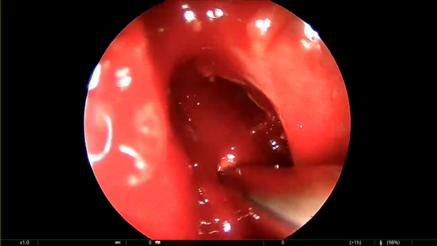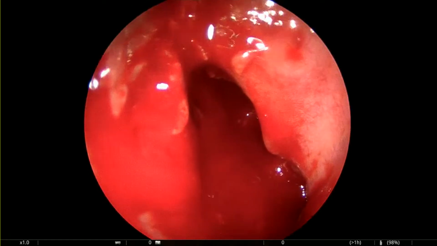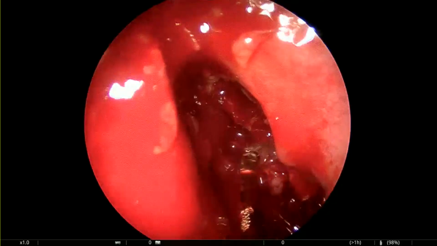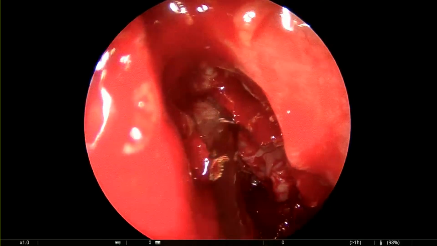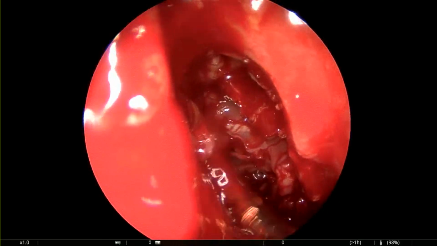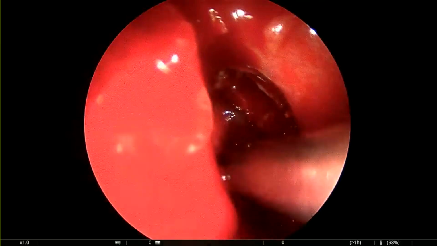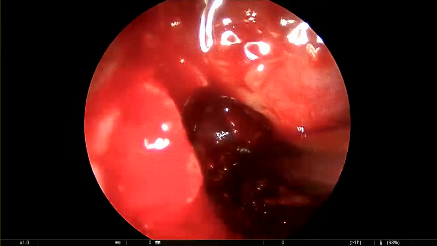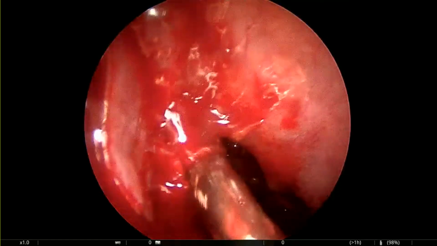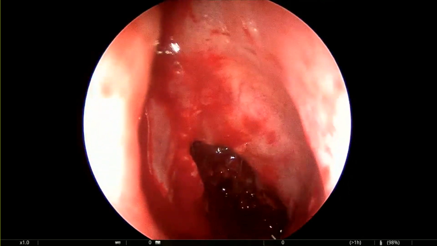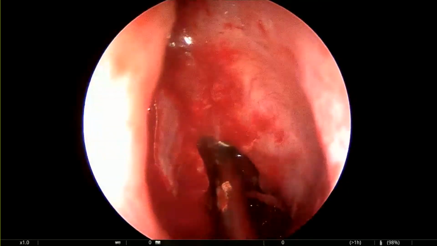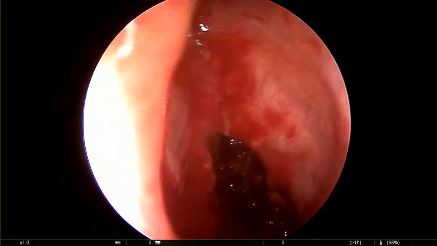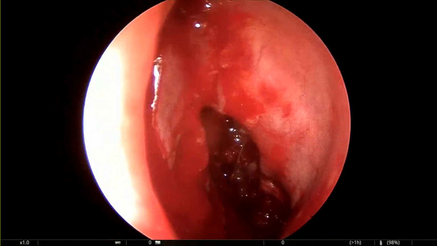So it's your job to organize the space to do easy follow-up with the endoscope. Okay, so I think it's better to remove, yes, Rouvier, the uncinate process